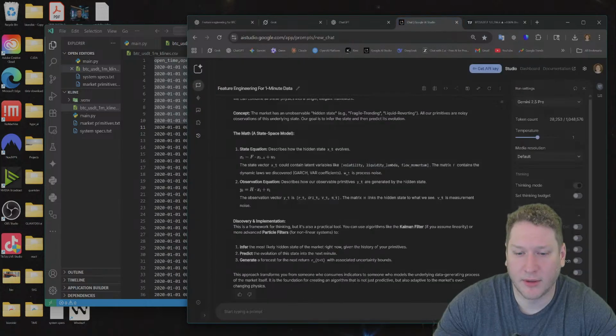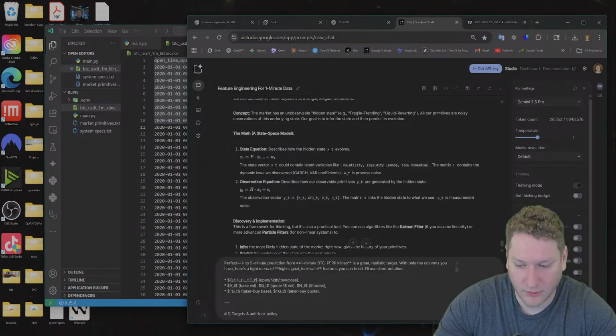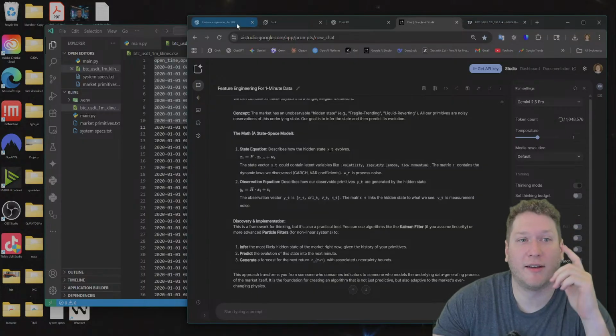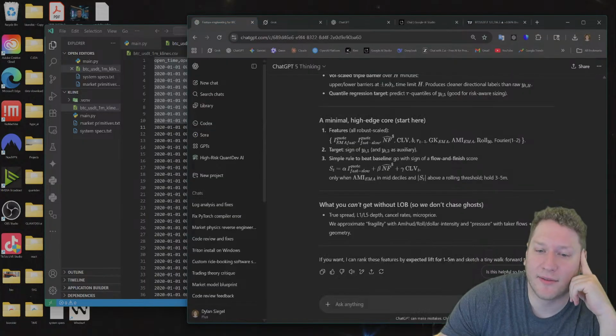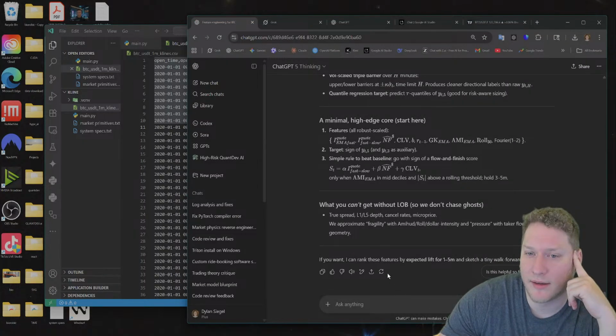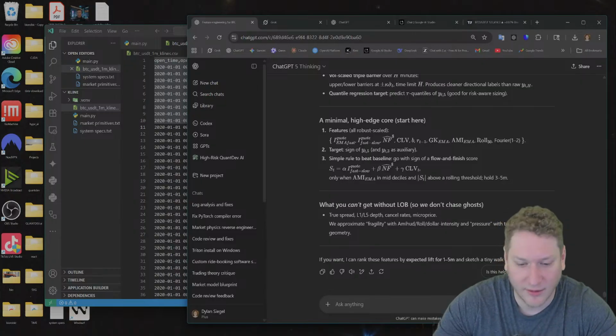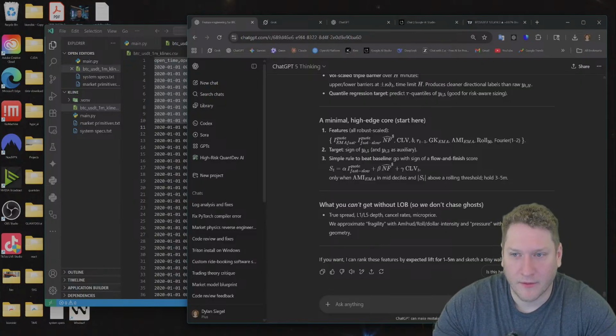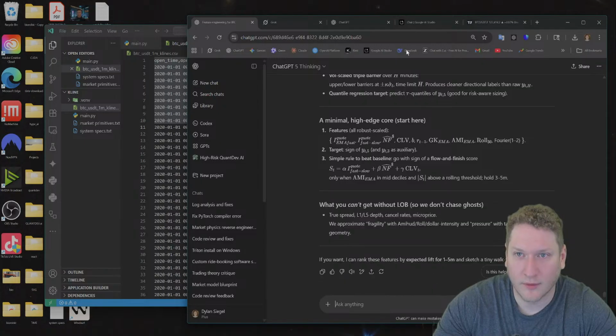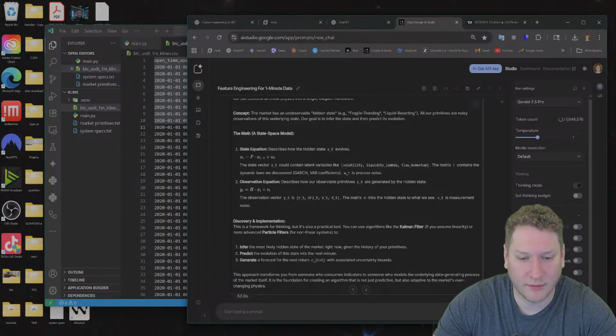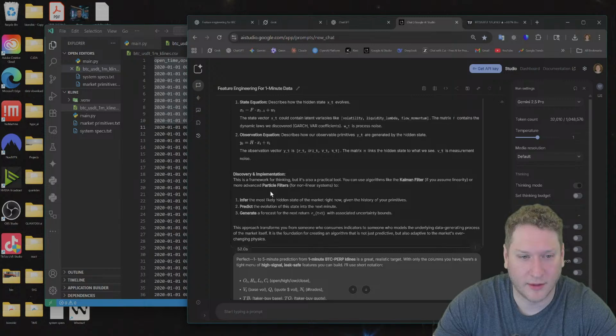Let's give that to Gemini. Unfortunately, the K-line data is really limited, but I think we can get at least something going here. Even if we can maybe train an AI to just memorize the data, that might help. I want to give it the primitive thing that it was talking about.